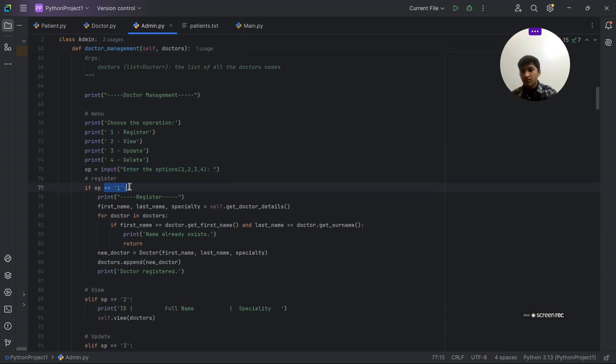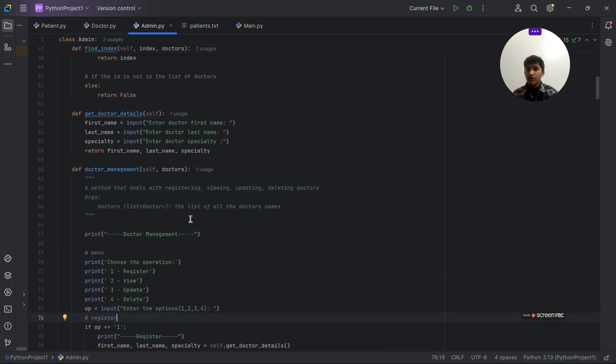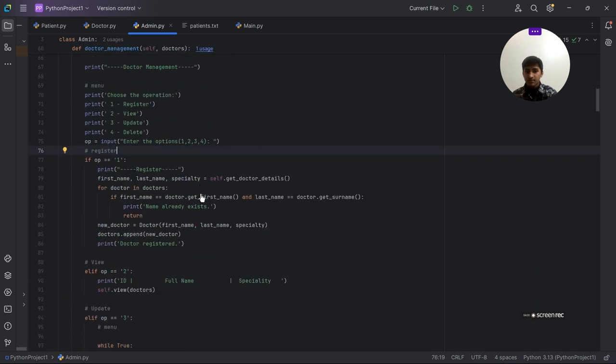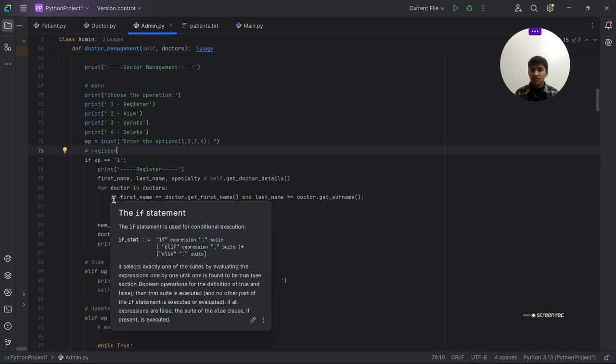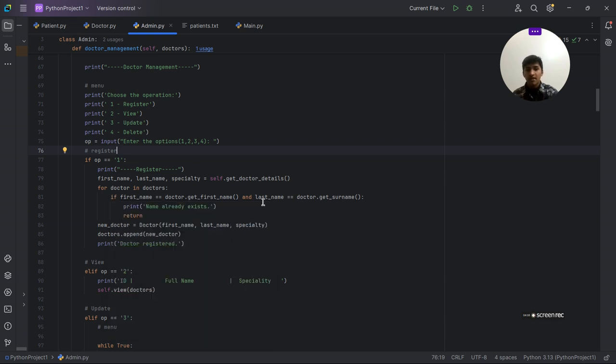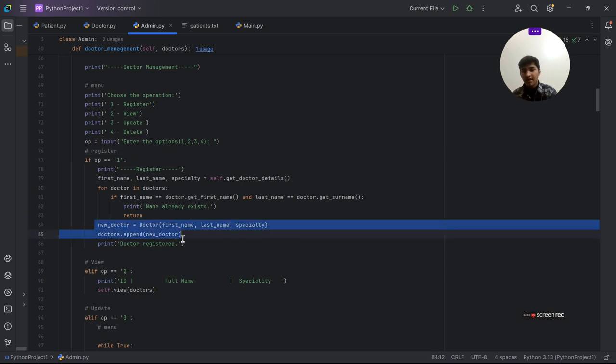If we type OP equals 1, it will print register, and the first name, last name, and specialty are taken from get doctor details. And if the first name equals the doctor's first name and the last name equals the doctor's last name, it prints already exists in the list, else it will add the new first name, last name, and specialty to the list